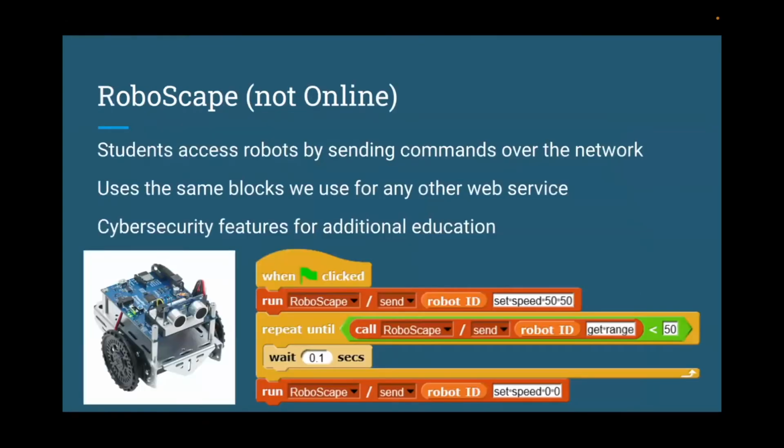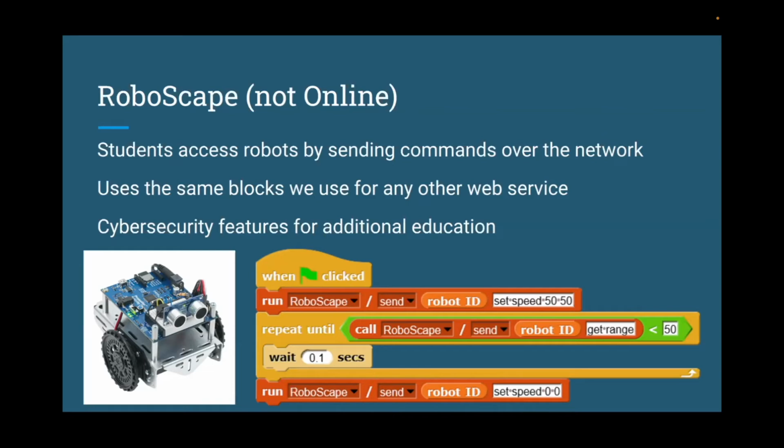But one thing that is really unique about our approach is that we also do this for robotics. Normally, if you're writing code for a robot in something like Snap or Scratch, you're writing code that runs on the robot typically. That's the more common approach we've seen, but we do things a little differently. The robots are implemented as a web service, where the students write code that sends commands to them over the network. So rather than a student uploading firmware, they just send their commands